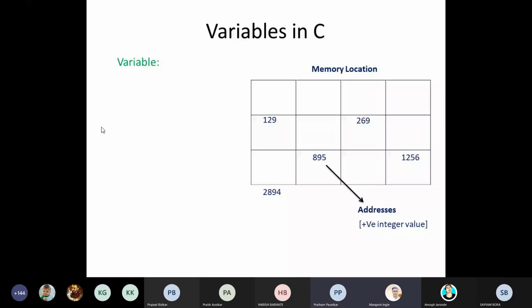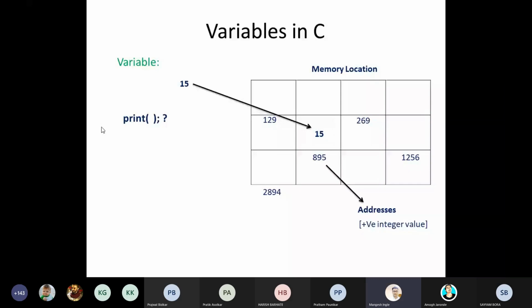You can store the value to a memory location, but what is the difficulty? If you want to print or access that 15, we cannot access that value because we don't know where it has been stored. That is the big issue. You can store it, but we don't know where that value is stored. For that reason, C programming language provides one mechanism called a variable. We use the variable to store the value. That is the first definition of variable.